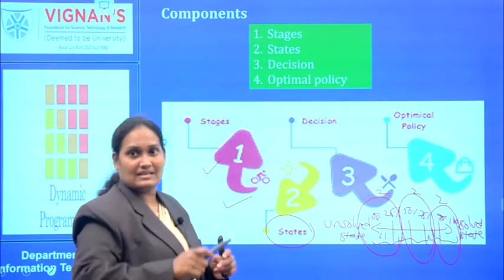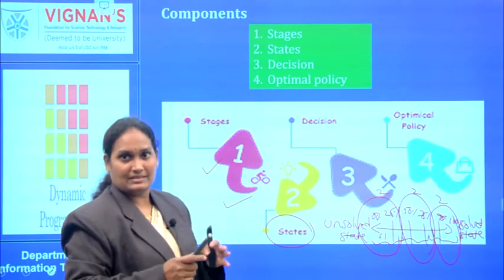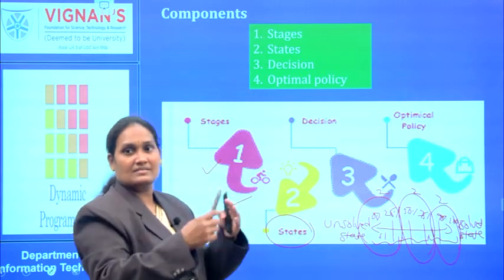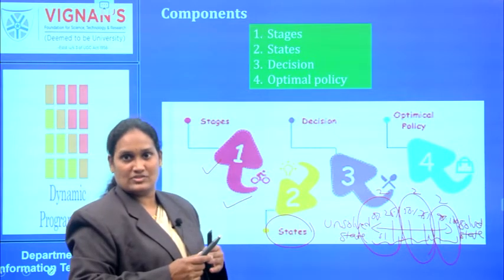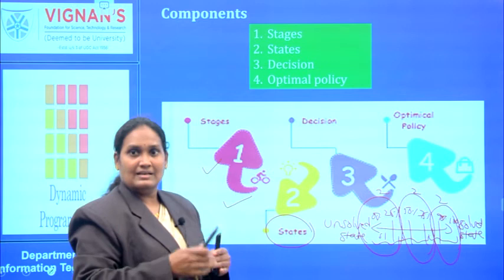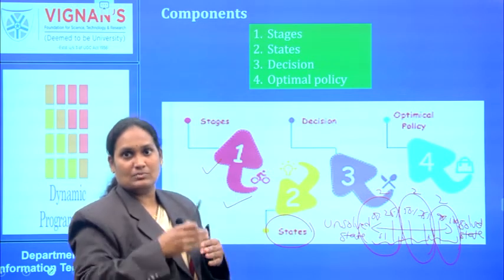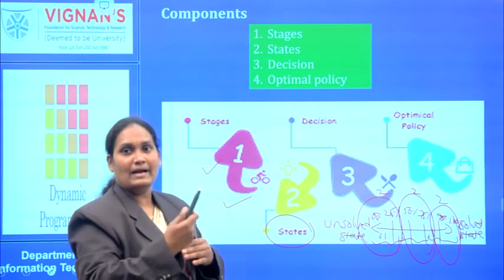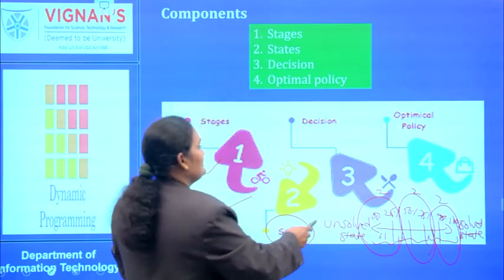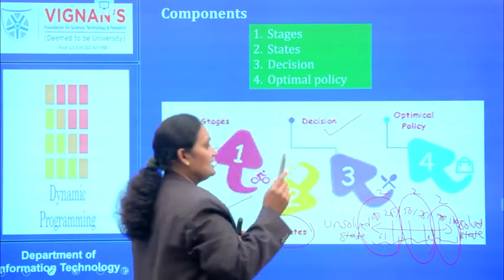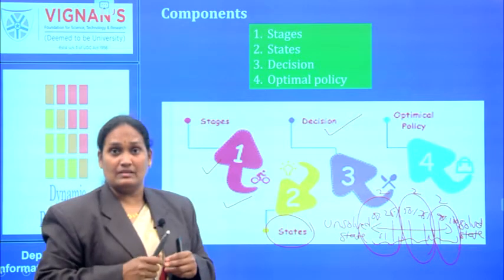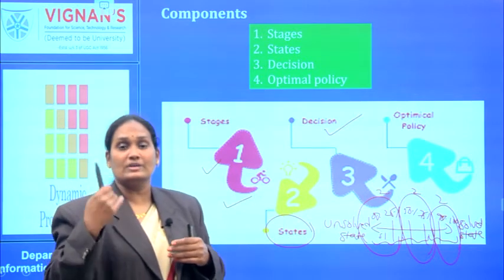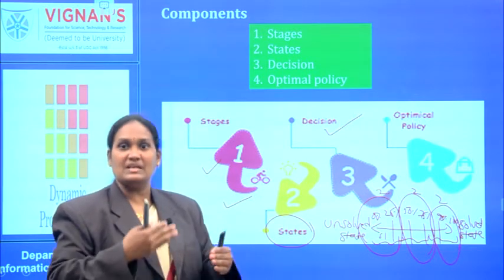Totally 6 states are there in solving my problem. As the stage is changed, the states are also automatically changed. But within one stage, the state may be changed from one position to another position, right. The third component is decision. I already said that what decision we are going to take in this step, in the next step,